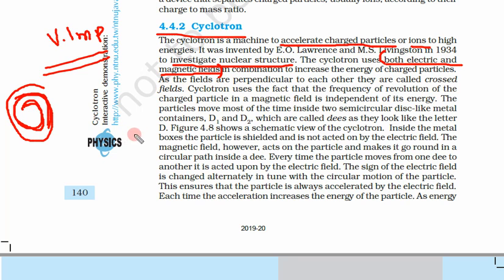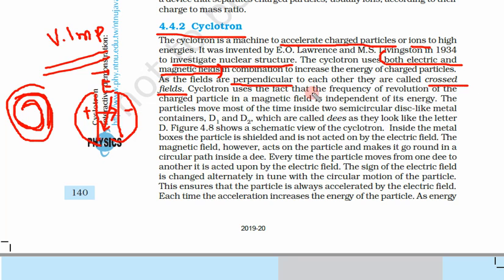As the fields are perpendicular, you have seen that first D was here, another D was here, and let us say in the first case this D is positive, this D is negative. So this x axis is the direction of electric field, and magnetic field was coming out of the plane of paper. So both are perpendicular. As the fields E and B are perpendicular to each other, they are called cross fields.